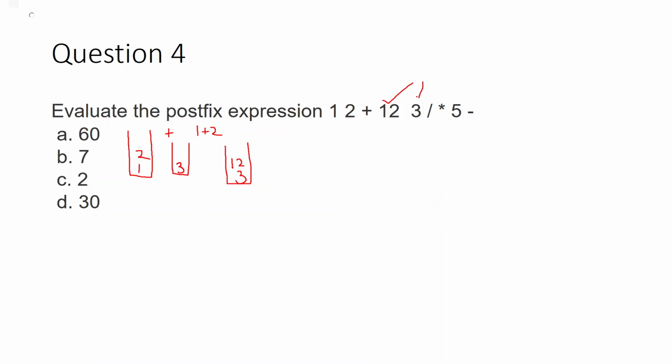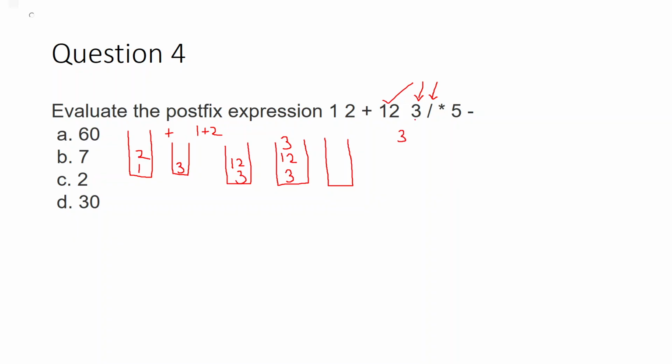Then the next one is the 3. 3 is also a character, so we need to push it into the stack: 3, 12, 3. The next one is the operator. When we find the operator, at that time we need to pop 2 elements from the stack and perform the operation. So based on that,